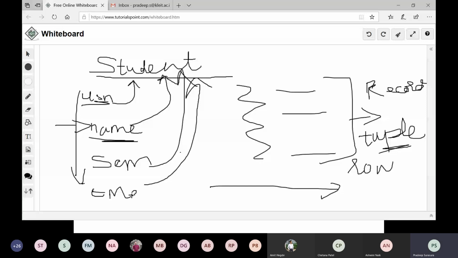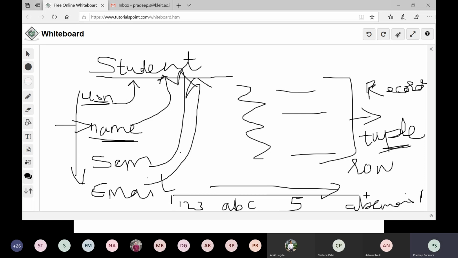Say 1, 2, 3 is my USN, ABC is my name, semester has 5, ABC male. Imagine this is my first record in my table. So this whole thing is called a tuple or a record or one row.